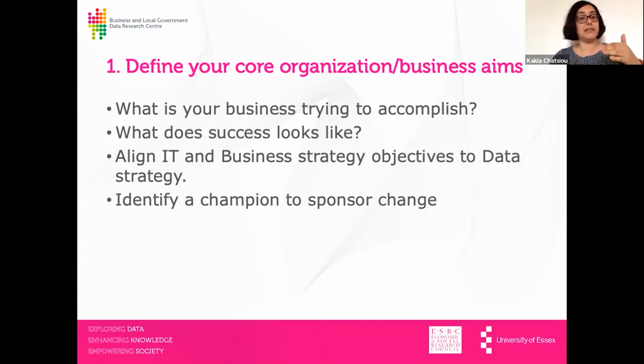But the way you would implement the rest of the steps would be, for each one of these business aims, you would consider steps 2 to 6 individually, and then one at a time you'll be able to come up with some ideas. I'm just going to mention again, as a reminder, that if there are any IAT or any other strategy objectives outlined anywhere else, this is the place to consider them. Do try and align them if you can, and by align I mean make sure that one feeds into the other.